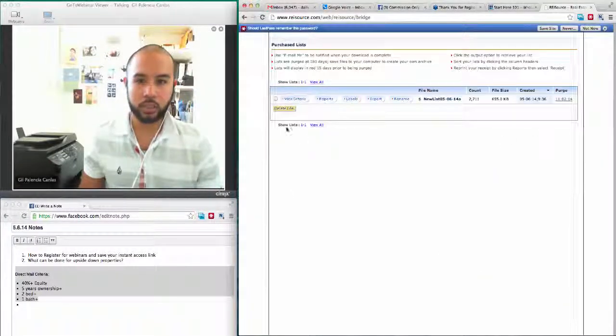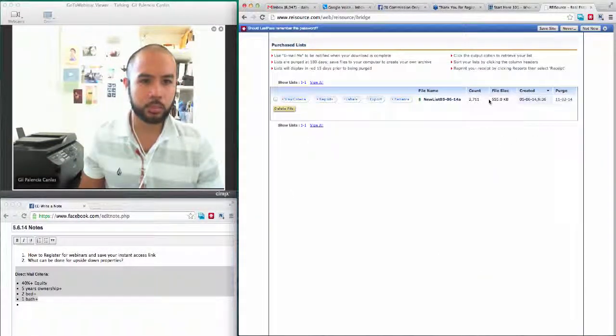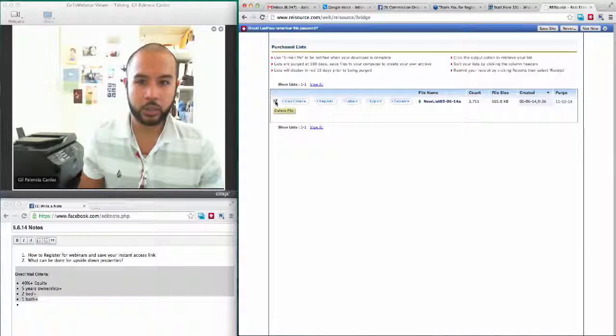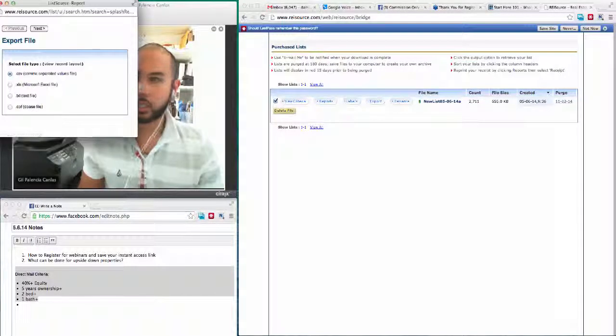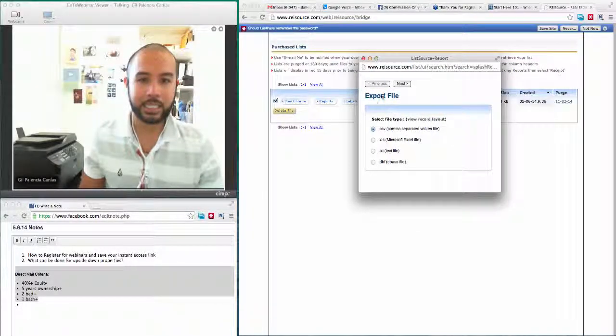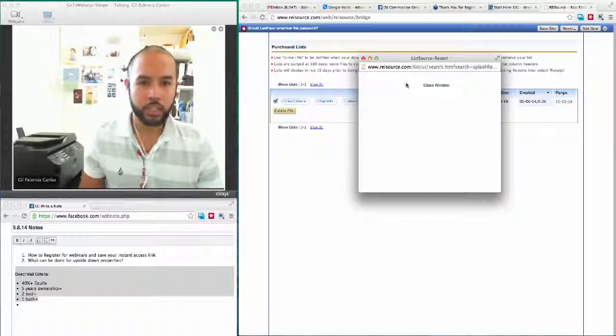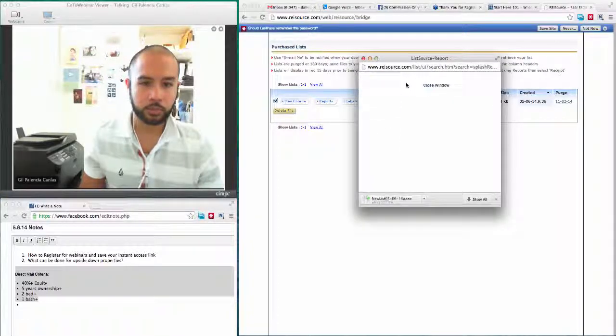And so we now have our list. New list purchased today, 2,700. We don't want to purge the file. In fact, we will export it so I can download this list and send it to our direct mail vendor. I do like to save my list in a .csv file. It allows my team to edit the information a whole lot easier. Uppercase and lowercase, we'll go through that, not a big deal. And there you go. I now have my target list.